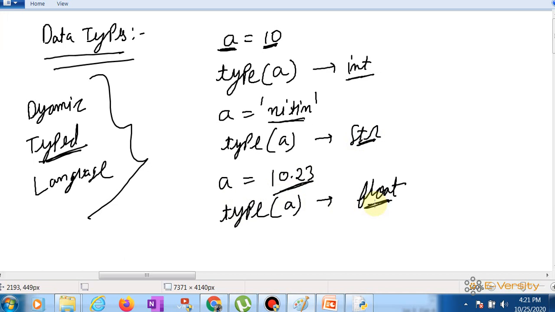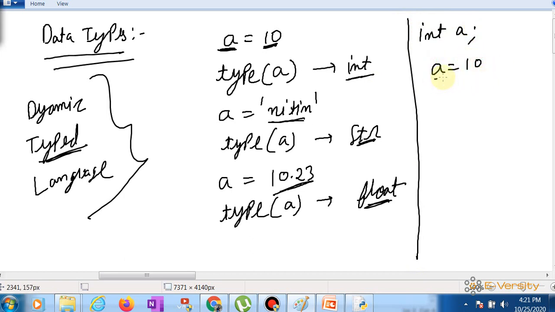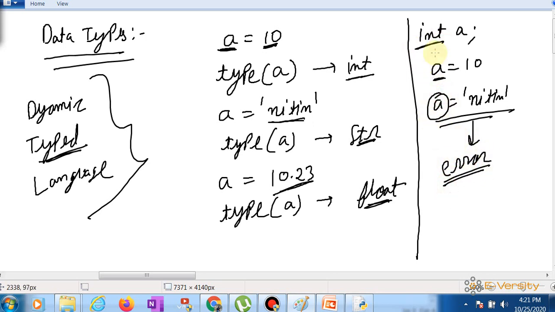Like when we talk about some other programming languages like C, C++, Java, these are statically typed languages. You should define a variable initially by using a type. So if I declare integer a, and after that I give a is equal to 10, the type of a is integer. And again if I give a is equal to Nitin, it gives an error. This line gives an error. Why? Because a is an integer type variable. A contains only integer type values. You cannot put any other type of value into an integer, right? So it is the restriction.